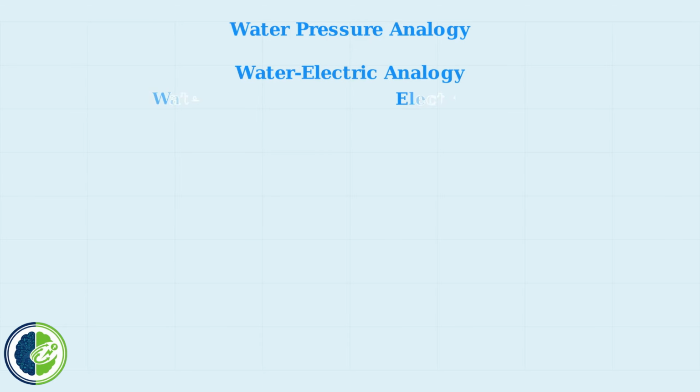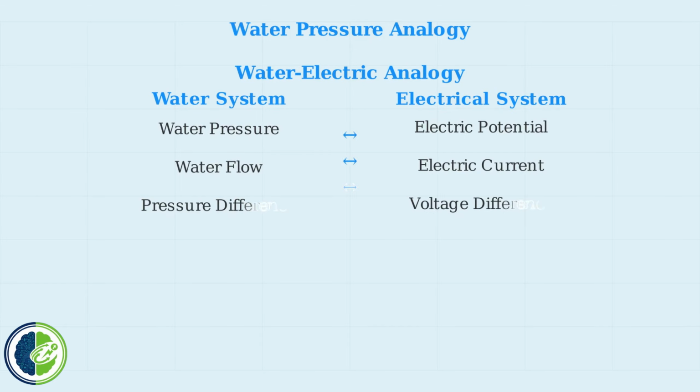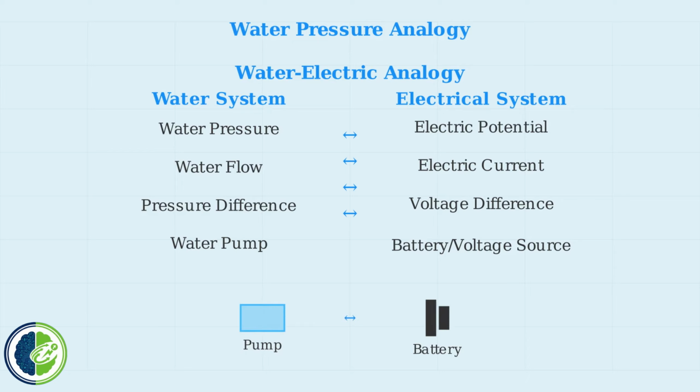Here are the key analogies. Water pressure corresponds to electric potential. Water flow corresponds to electric current. A pressure difference drives water flow, just as a voltage difference drives electric current. Finally, just as a water pump creates pressure difference to drive water flow, a battery creates voltage difference to drive electric current through a circuit. This water pressure analogy provides an intuitive way to understand electric potential and how it drives the flow of electric